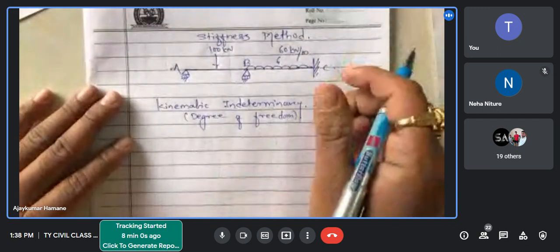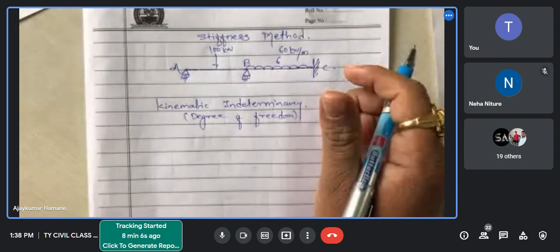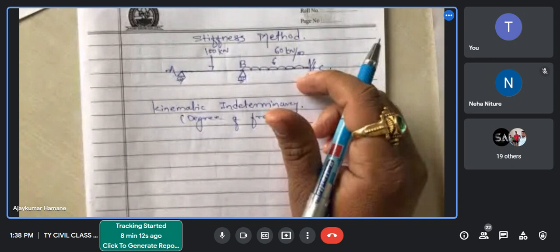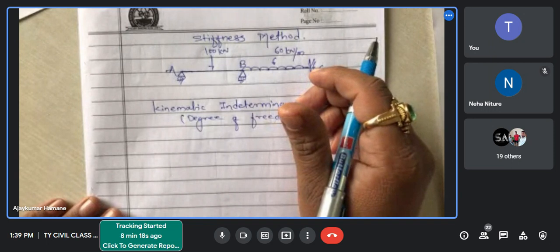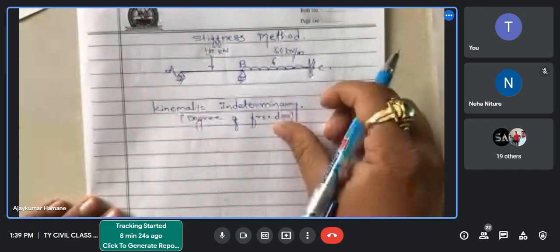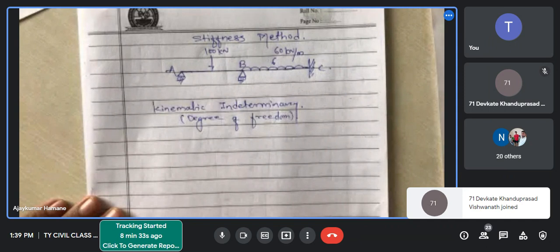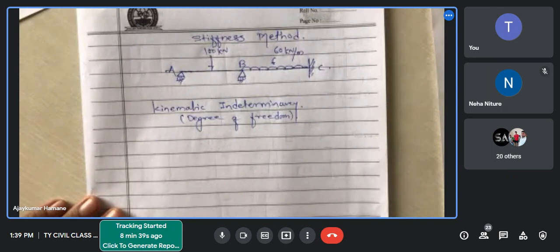So how many degrees of freedom? Just you tell me, how many degrees of freedom for this structure? Yes, students, how many degrees of freedom? In the first lecture, I said 6. Okay,